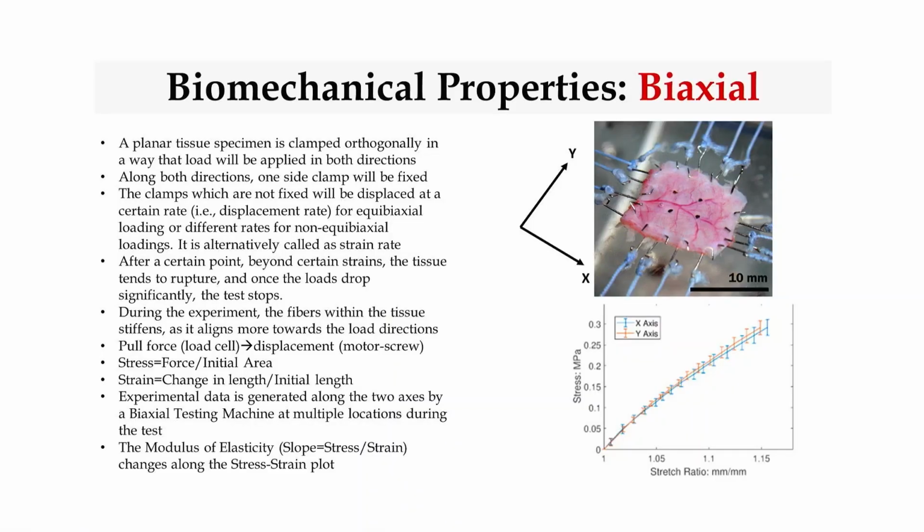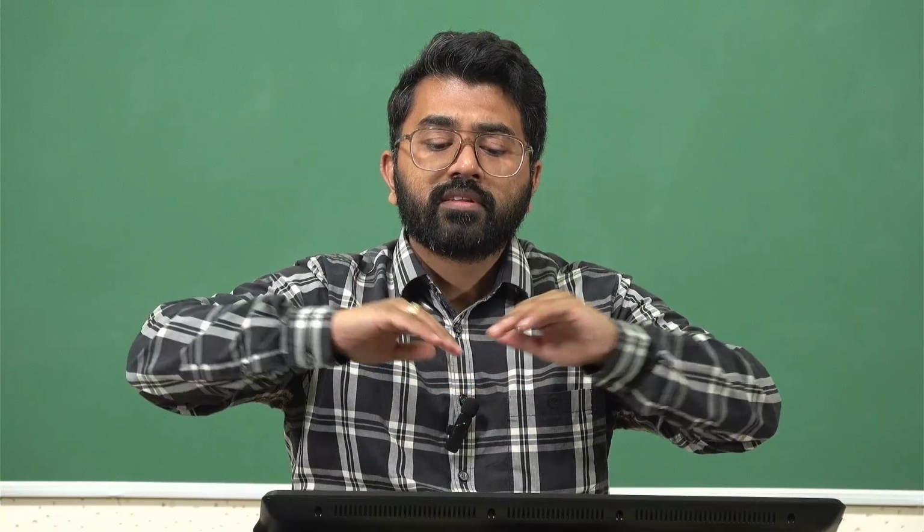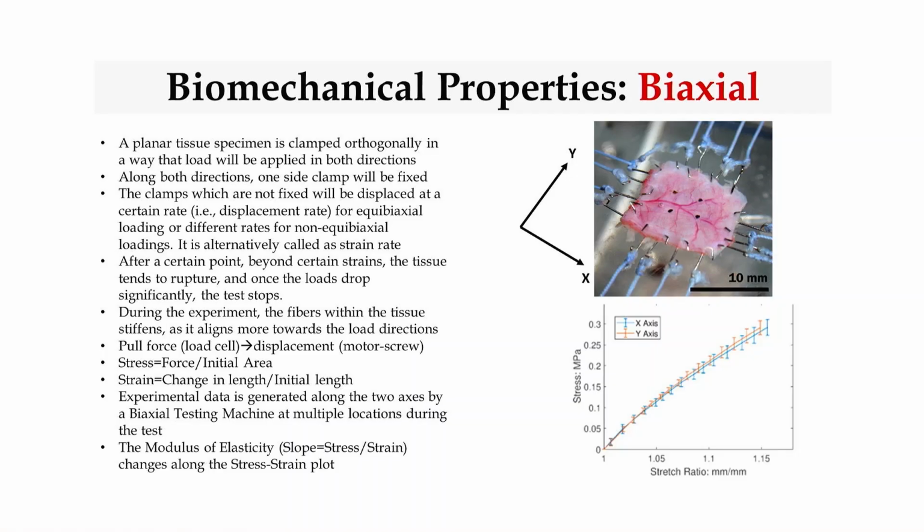Again, the pull force, displacement, stress and strain definitions are the same, right? So now the only change in that definition is they are being looked at in each direction. So along, let's say this is the x and y, you can see this designation here on the figure on the top. If I consider this side as the x and this is the y, I find out the pull force versus displacement points along the y direction as well as along the x direction, and I separately find out the stress and strain for x and y, right? That's the only difference. Whatever I did for the uniaxial test, I am going to repeat that for both the